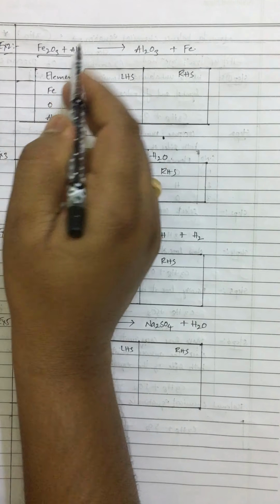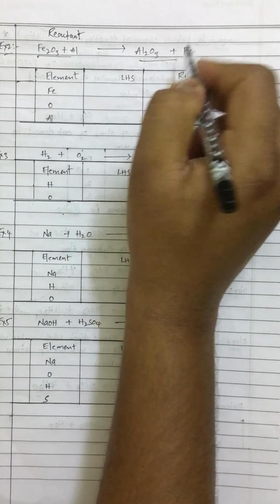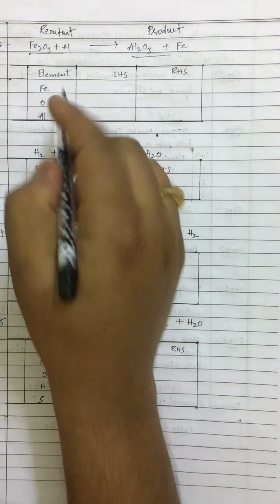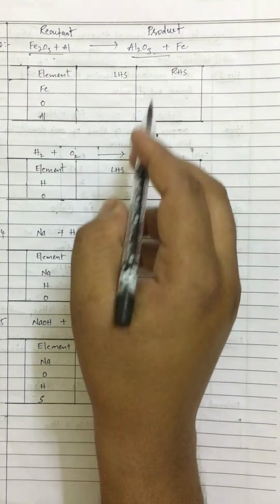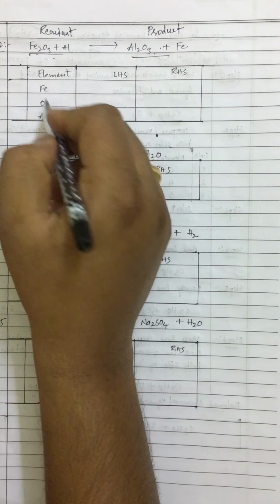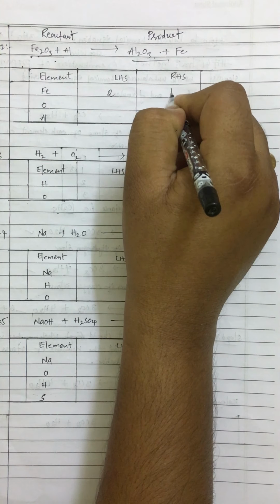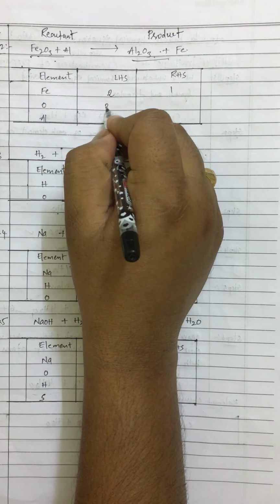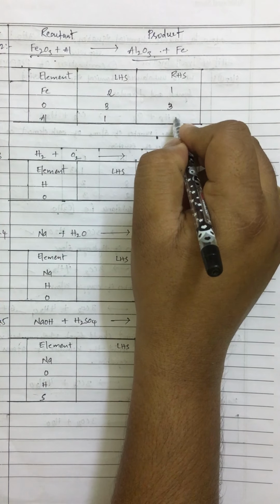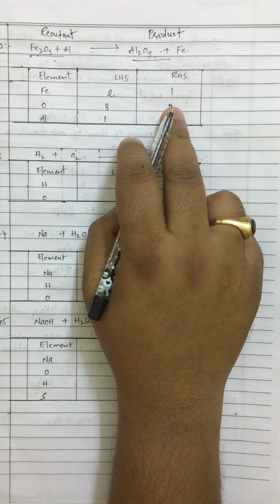So on the left hand side, these are reactants. We all know that already, we have studied it in our previous class. Is it clear, class? So reactants are written on the left hand side, products on the right hand side. What is the first step? Formula we have written, then the number of atoms. On the left hand side, iron is 2, right hand side 1. Oxygen on the left hand side 3, right hand side 3. Aluminium on the left hand side 1, on the right hand side 2. Is it a balanced one? No, it is an unbalanced equation.